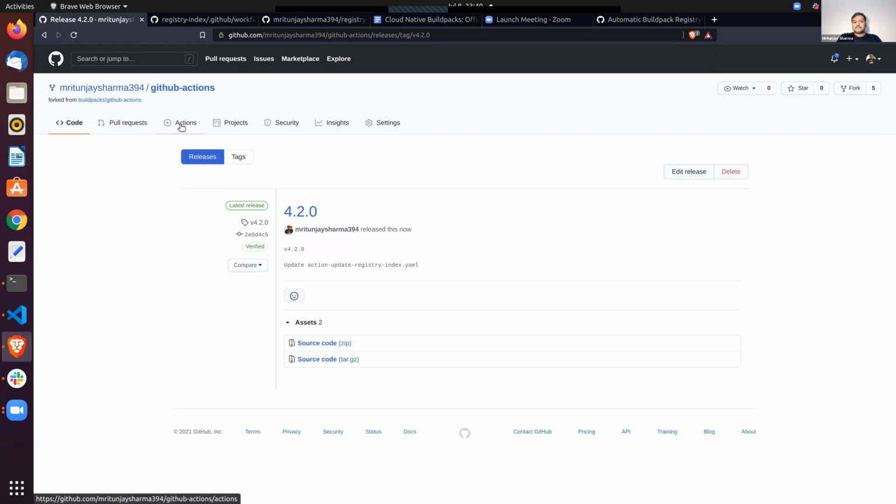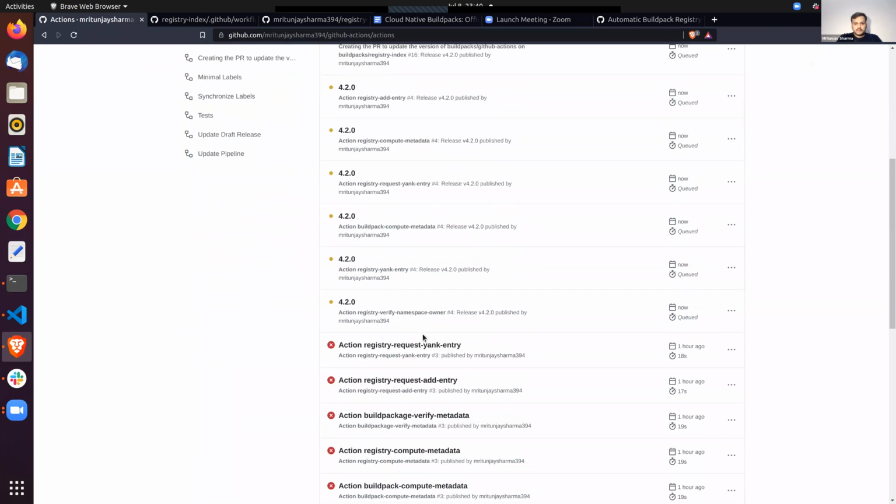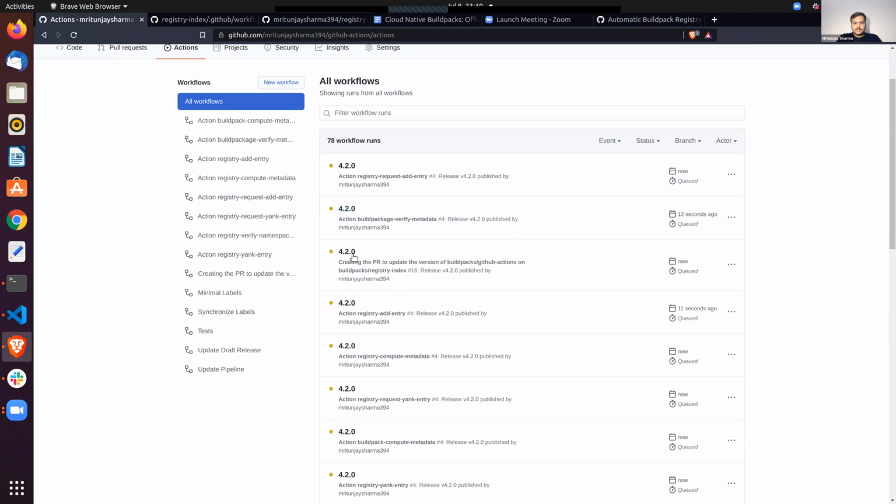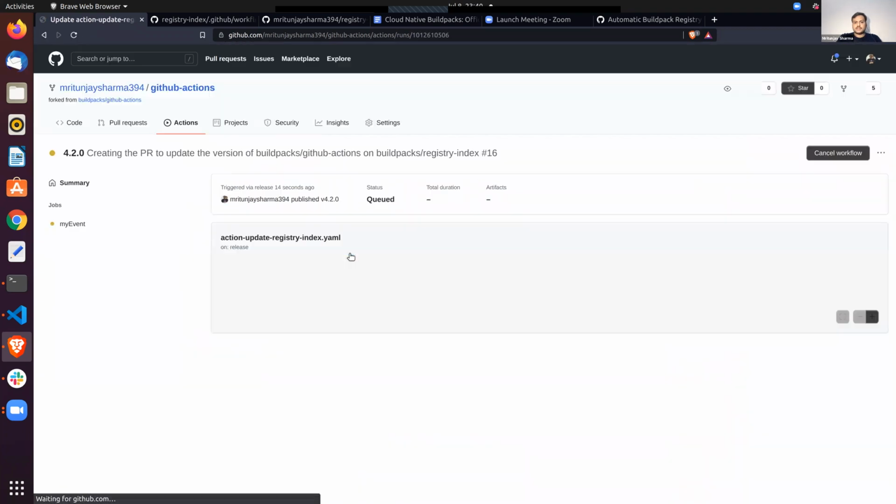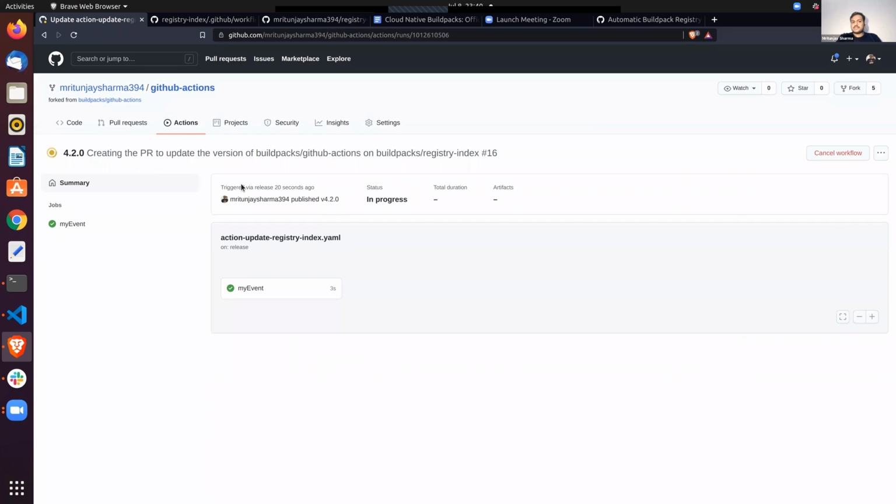This will trigger an action: first, the action that creates the PR will be triggered in the GitHub Actions repository. Once this action has run successfully,